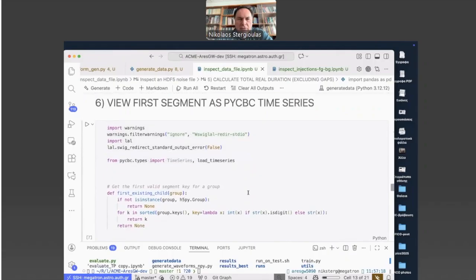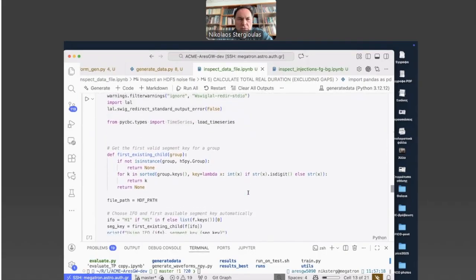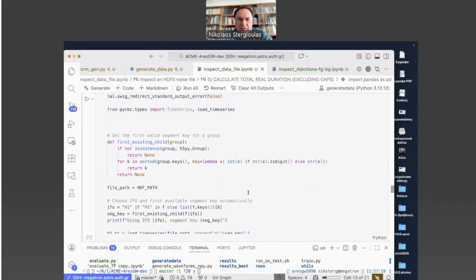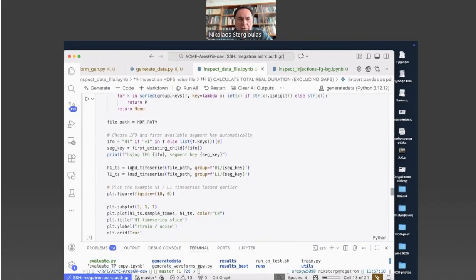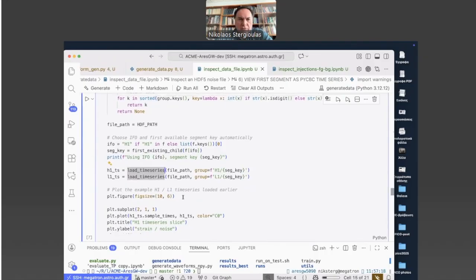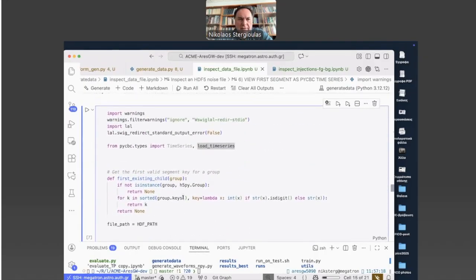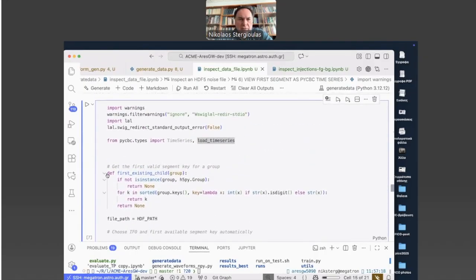Okay, now let's have a look at the first of these segments. We can use PyCBC to load it as a time series and to display it as a time series. So first we locate the first segment. There is a function here that automatically detects it.